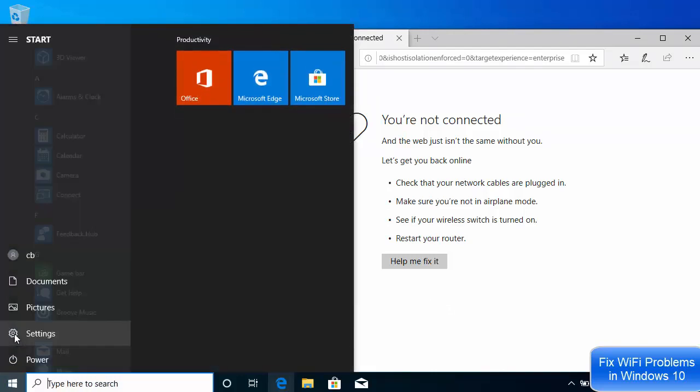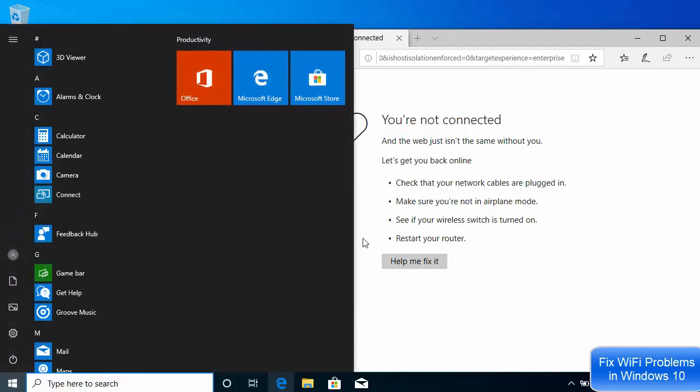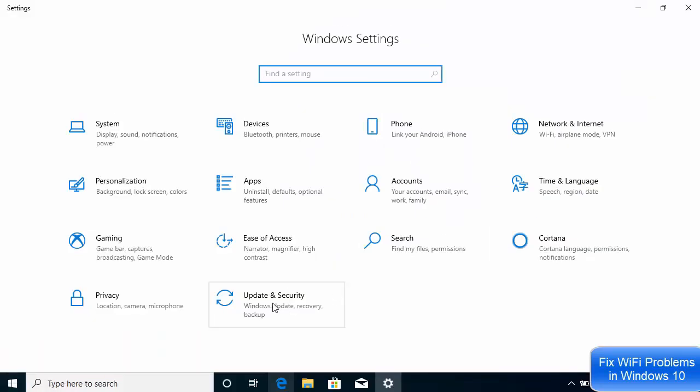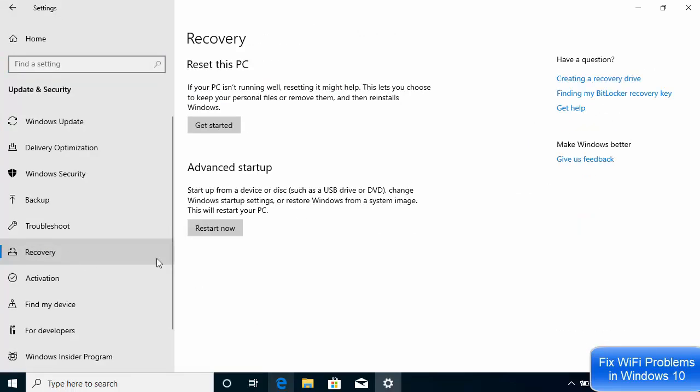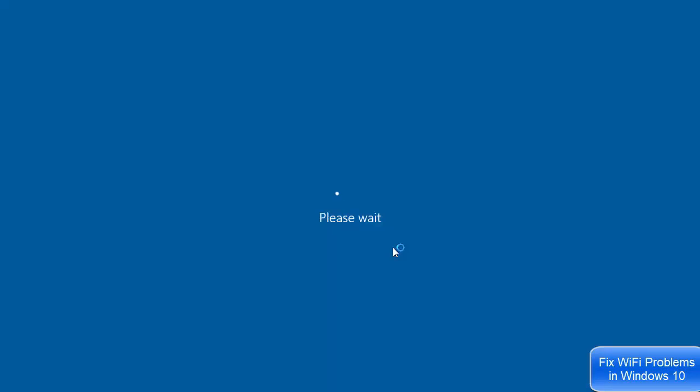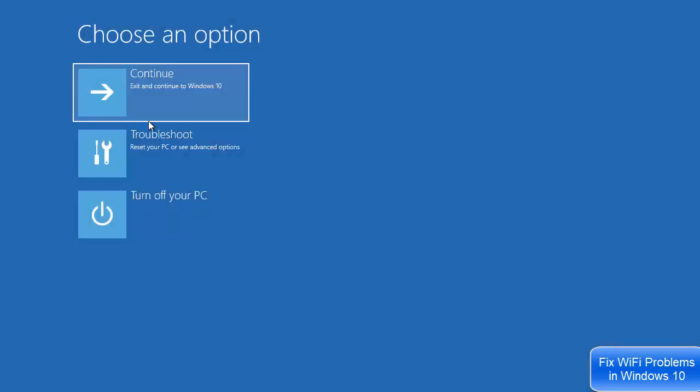When you click on your Windows icon, go to settings, and once the settings window opens, go to update and security, and then go to recovery here, and then click on this option which is under advanced startup. I'm going to click on this restart now button, which is going to open this kind of recovery window on your Windows 10 operating system.